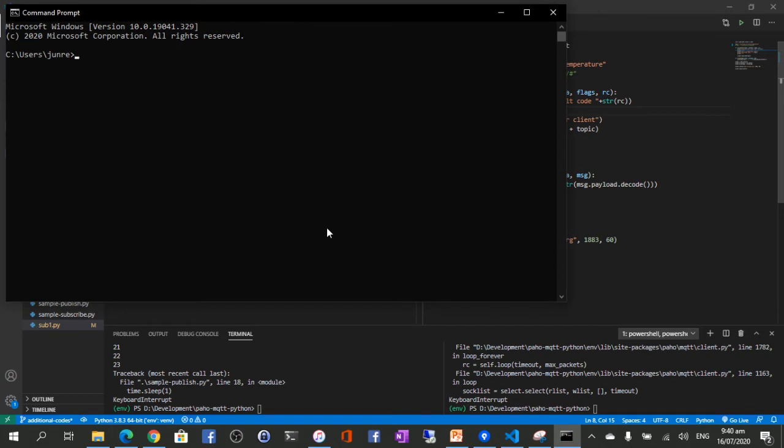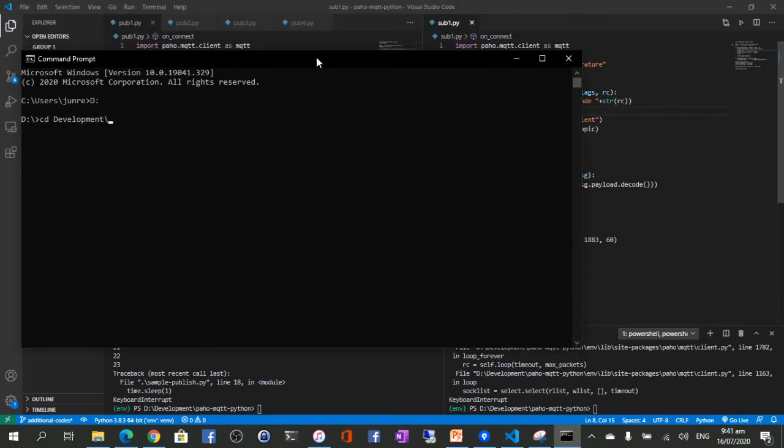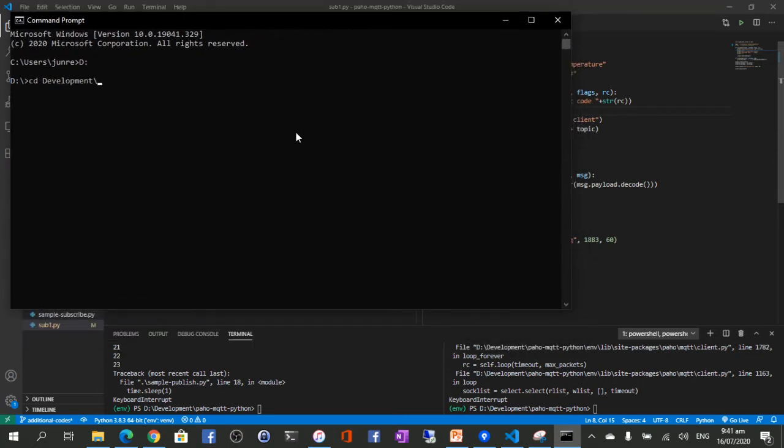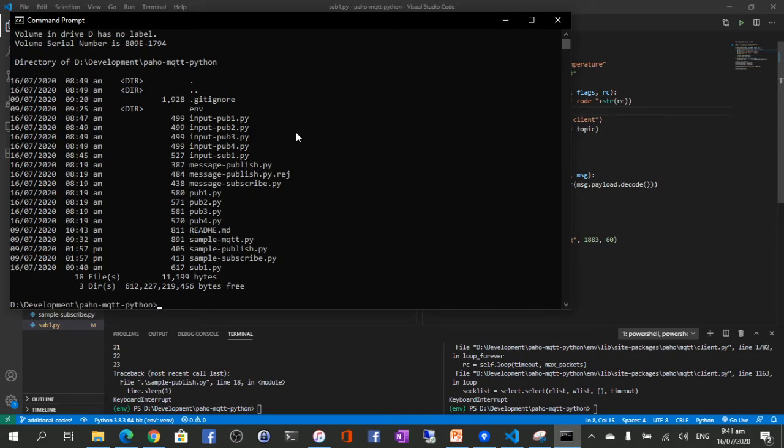So I will go to Drive D, then the folder development, where I put every project, then Paho MQTT Python. If I print out the content, there it is: my pub1, pub2, pub3, pub4, and also my sub1.